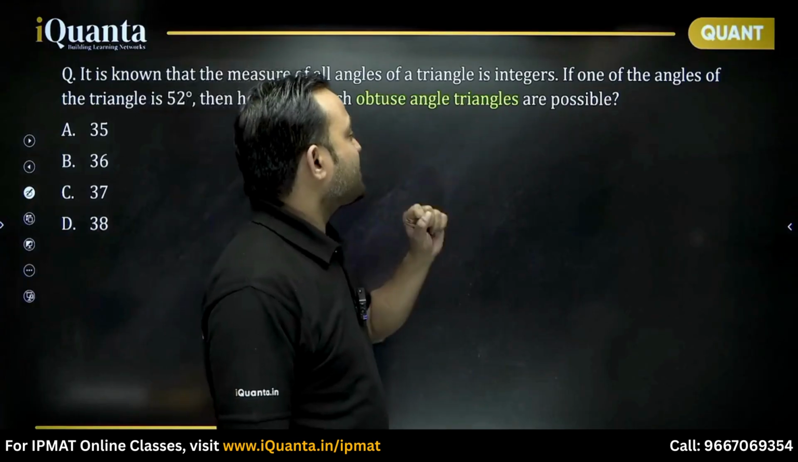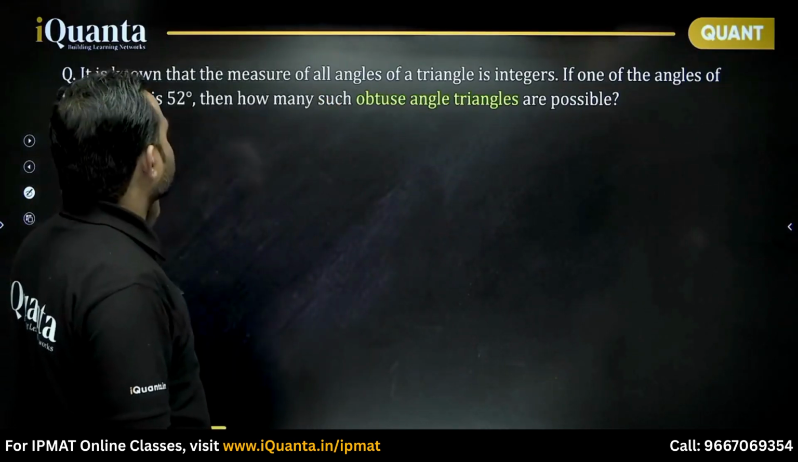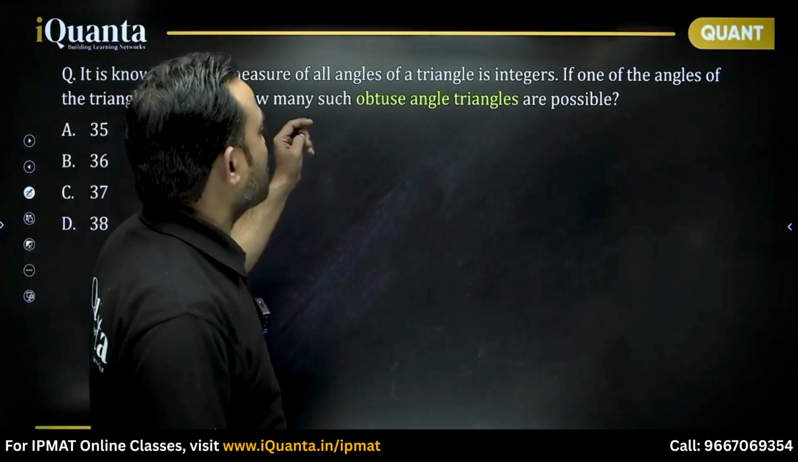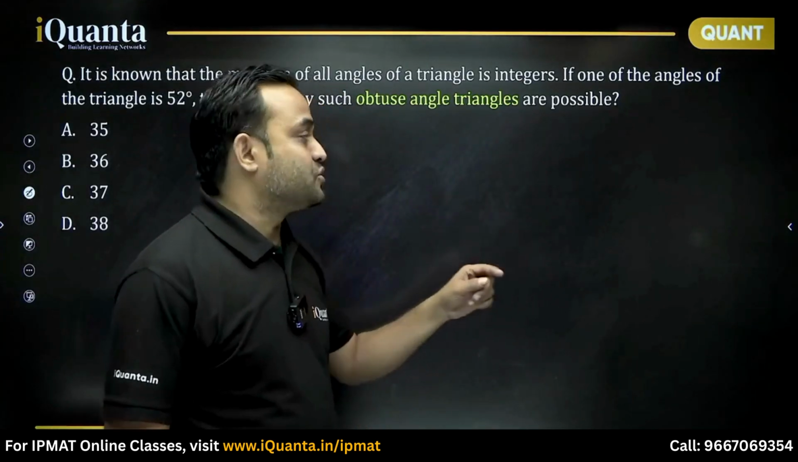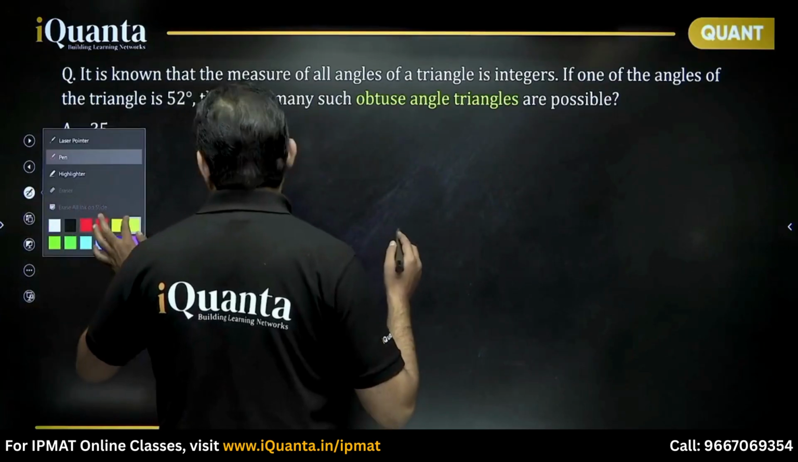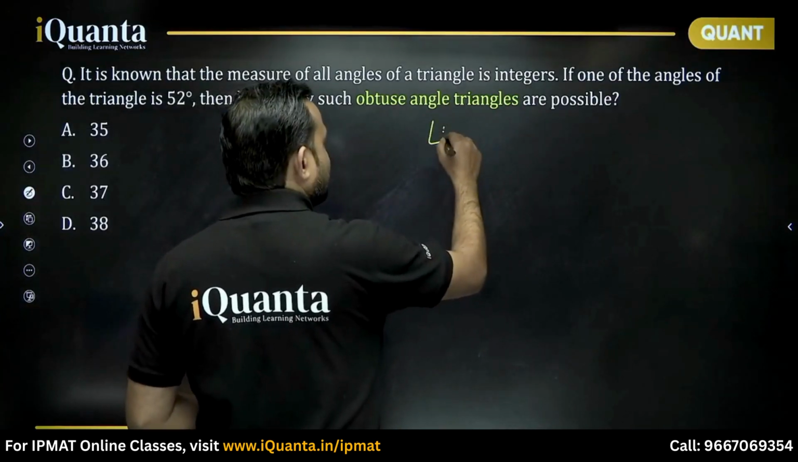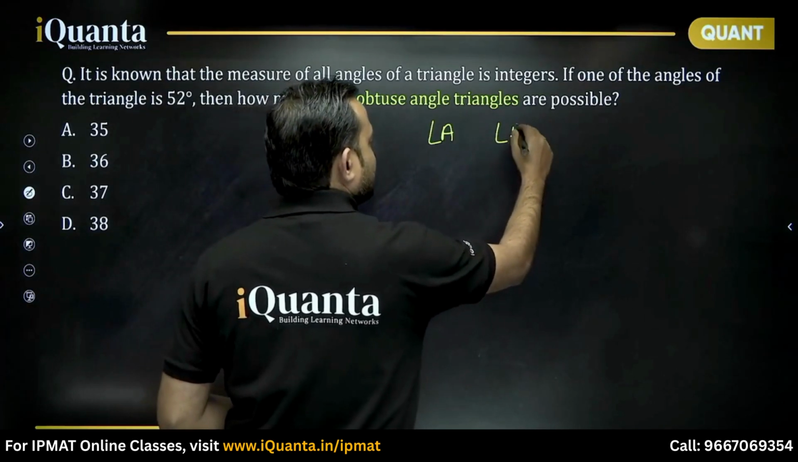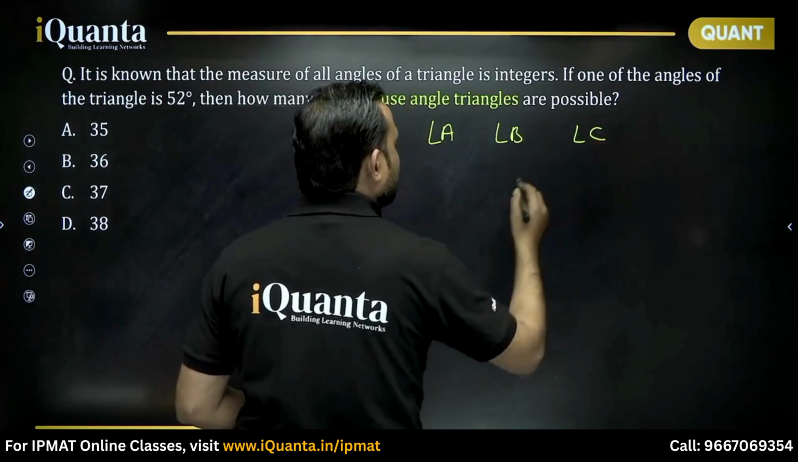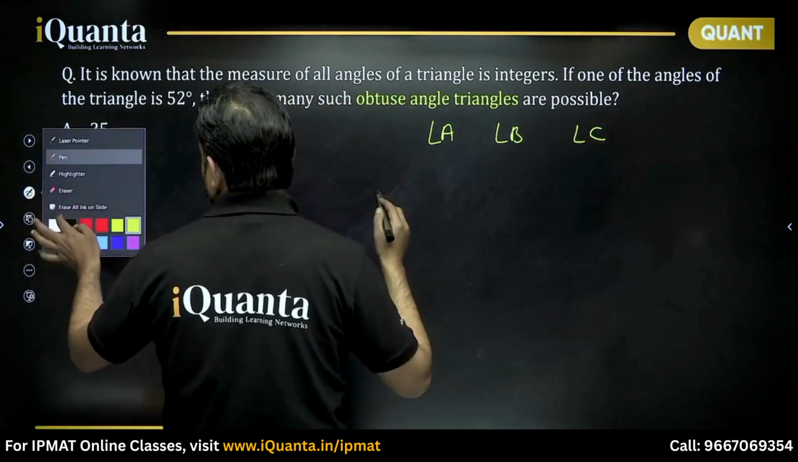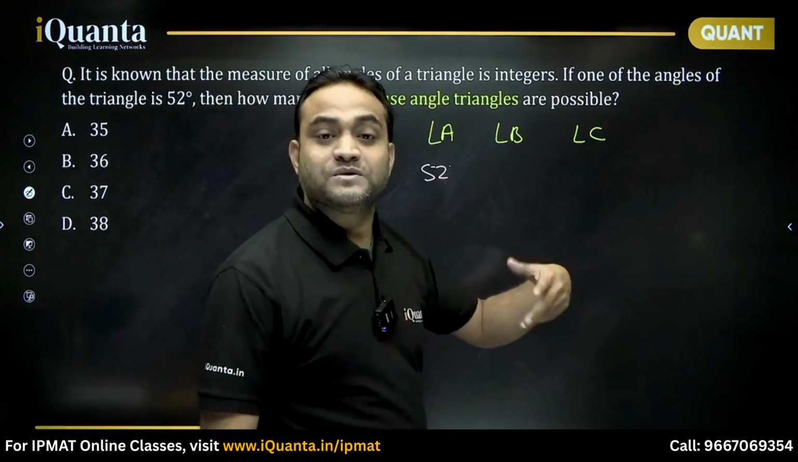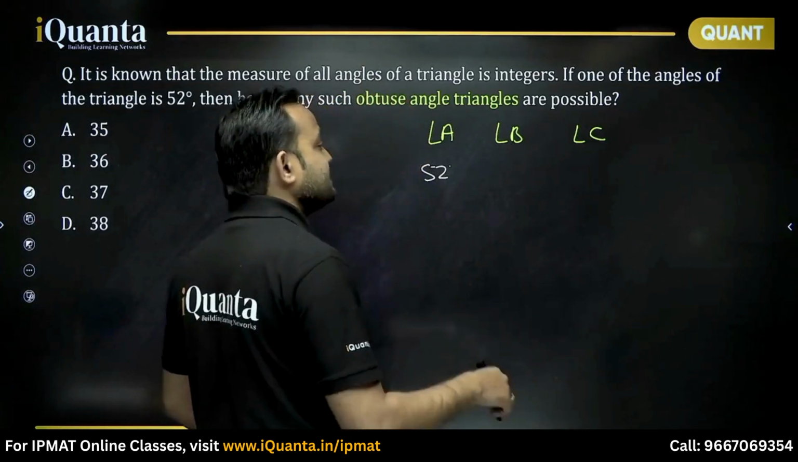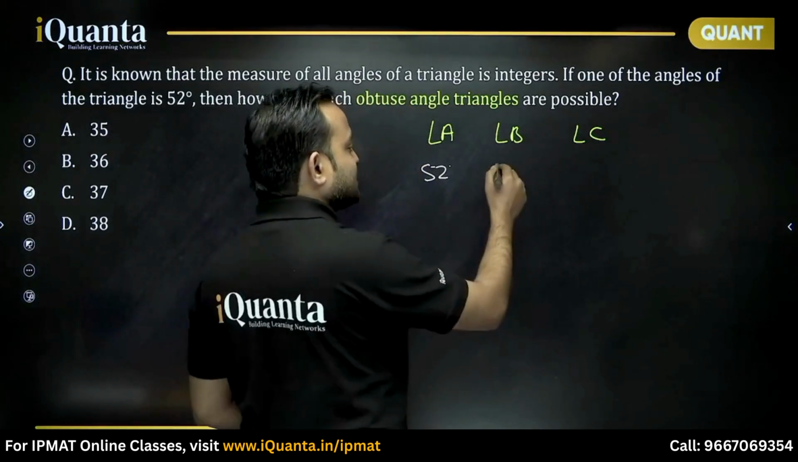If one of the angles of the triangle is 52 degrees, then how many such obtuse angle triangles are possible? Earlier it was acute, now it is obtuse. Again, we can take that there are three angles, angle A, angle B, and angle C. One of the angles is fixed, which is 52 degrees. The sum of the rest of the two angles must be 128 degrees, of which the minimum we can take will be